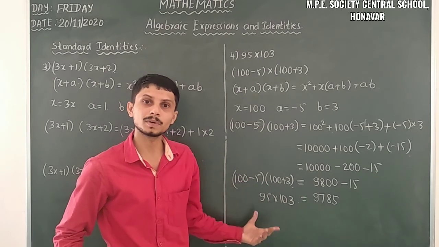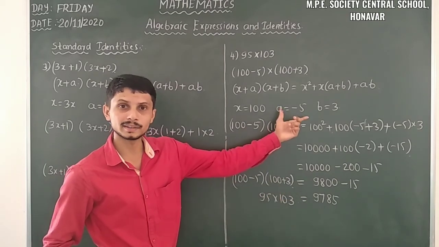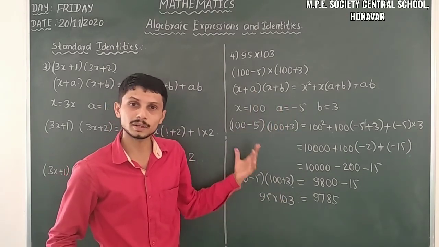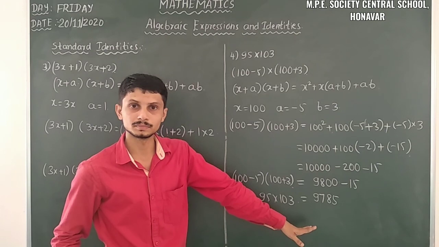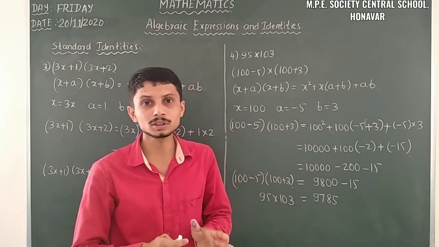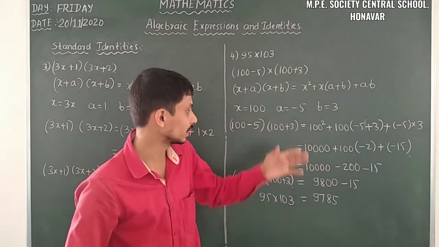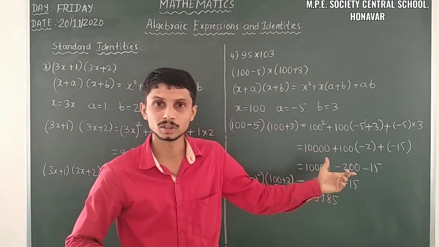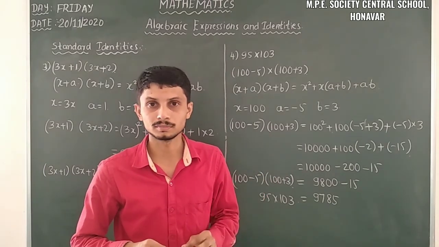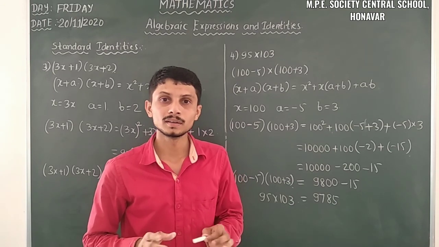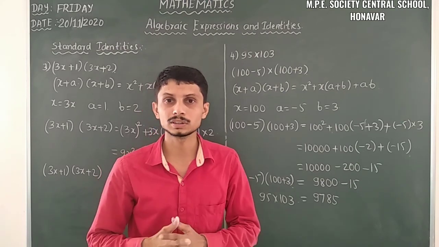You can verify from the multiplication between those two numbers. But here it is very simple from the standard identity. If we have a standard identity form, then we can easily calculate the value of 95 into 103. So this is the use of this standard identity. We can calculate in our mathematical situation, we have to substitute only, and the substitution leads up to the conclusion, that is our answer. So this is the use of standard identities and useful identities. Here I will conclude this whole chapter.